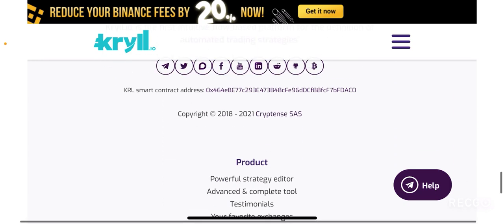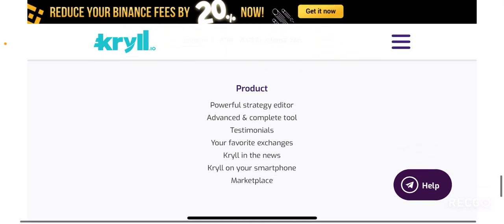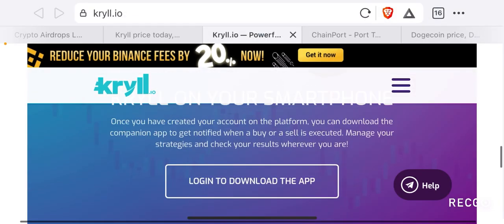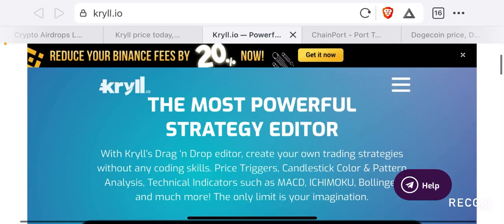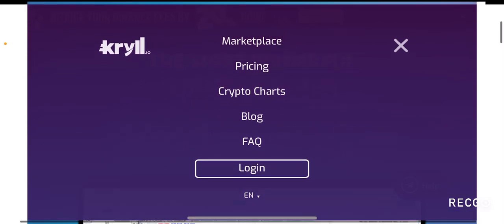So you can clearly see that they have a smart contract address here, which is what you need to use in order to purchase the right token to avoid scams, right? And they also have other information at the bottom, which is also very useful. So it's a pretty compact website with a relatively decent amount of information that will tell you what their project is all about. And in the top right corner, if you click on that one, you can pretty much find